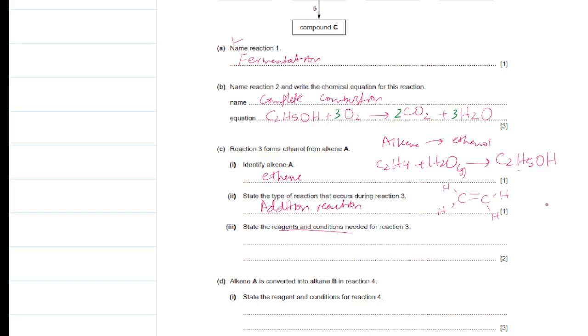Whenever the water molecule has been added, that is the water molecule, OH and H. Now the OH and H, right? So the double bond will break. This double bond will break, and